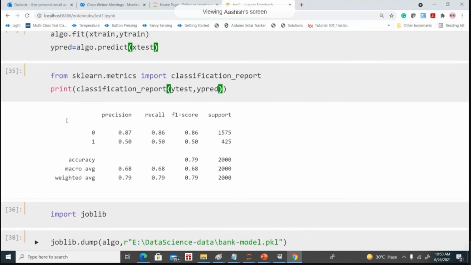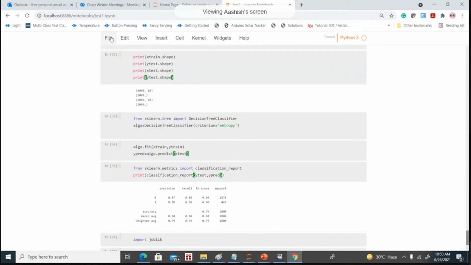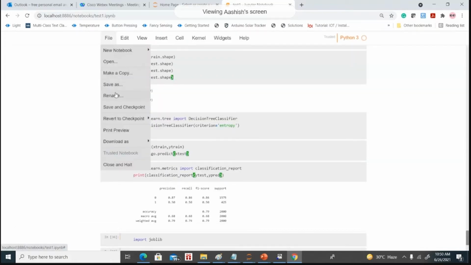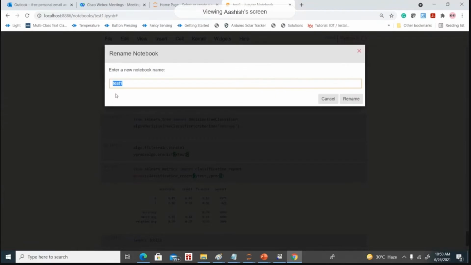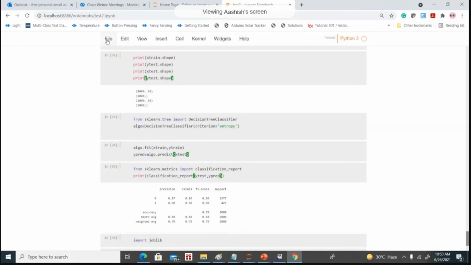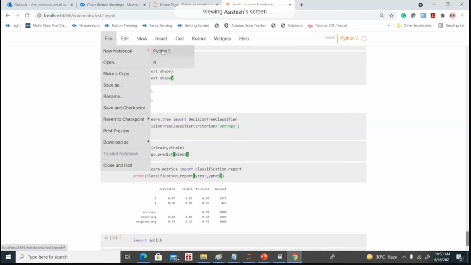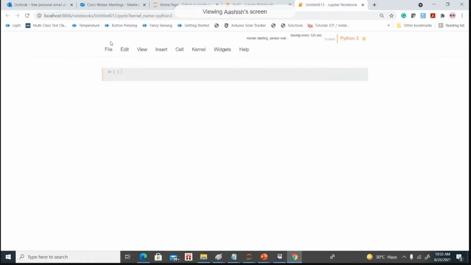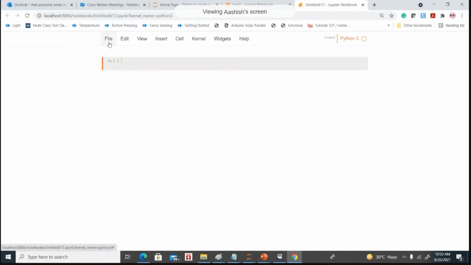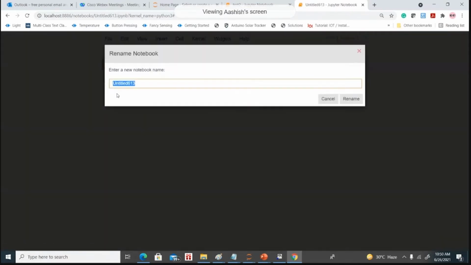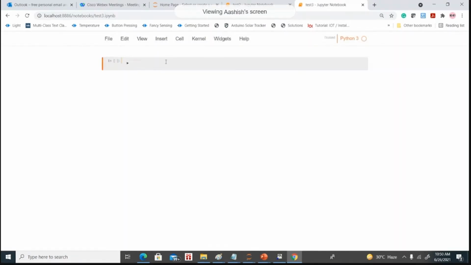Okay, so algo actually contains the algorithm result. Encoder will store the transformed values, right? Yes, right. So in real time, this is for reusability purposes, sir. Yes, because in real time we are not going to build the model again and again. Once we have a trained model, we just use it and deploy it in the production environment and perform the testing part. So let's take a new notebook here and we can just reuse this trained model.